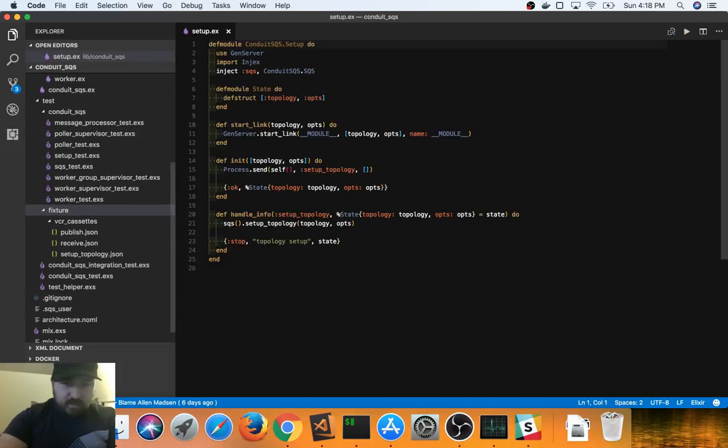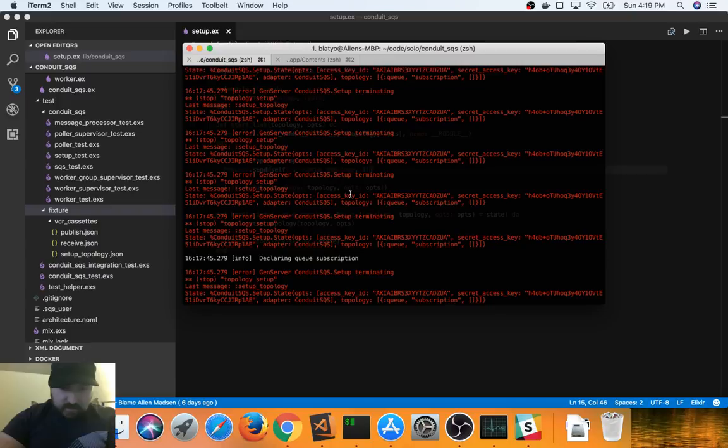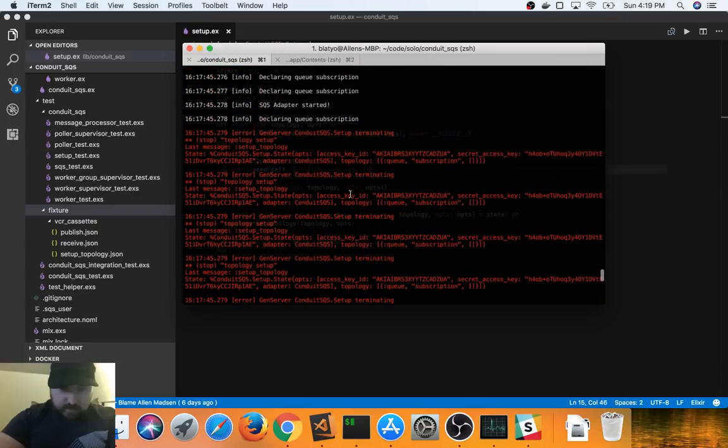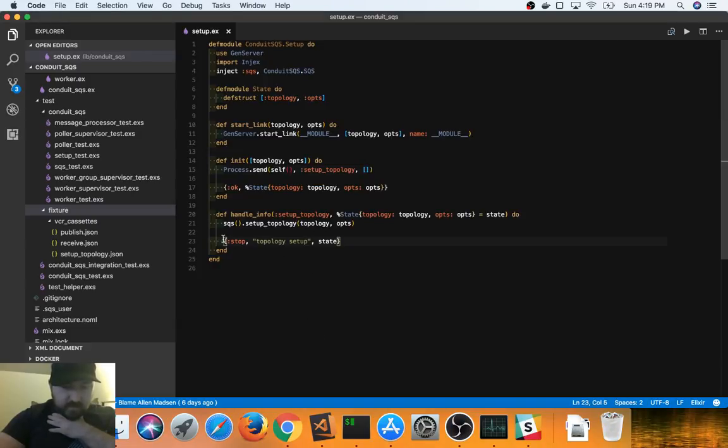So in setup, let's see, it's crashing here. And the reason is, so we send a stop. We wanted to actually stop because, essentially, after we're done doing the work that we need to do here, we just want this process to stop. And so inside of conduit SQS, we set it up,